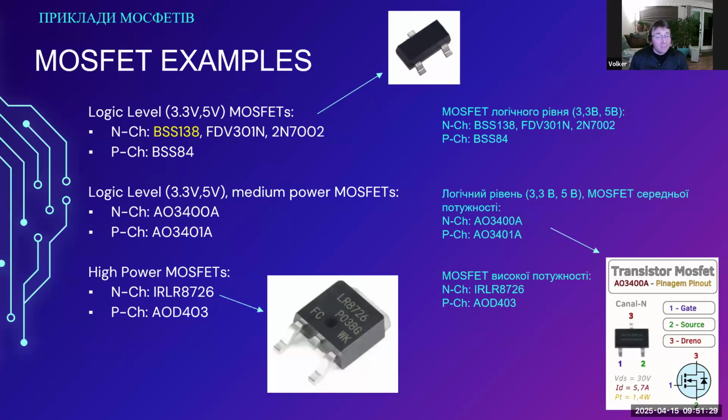The next level here, those are newer MOSFETs. The AO3400A, the P-channel version, the 3401A, these are modern MOSFETs. They are perfectly usable at 3.3 volts. The gate threshold voltage is also very low, and they can be used for a considerably higher current. The BSS 138 is, I think, rated for about 200 milliamps. The AO 3400 is, on the other hand, I think up to 5.7 amps,